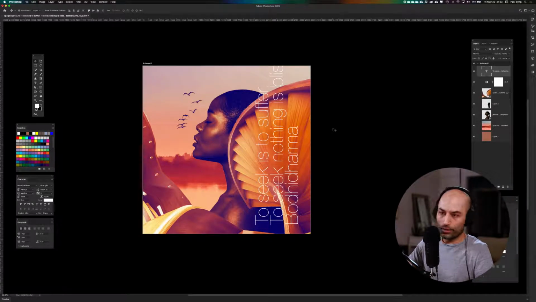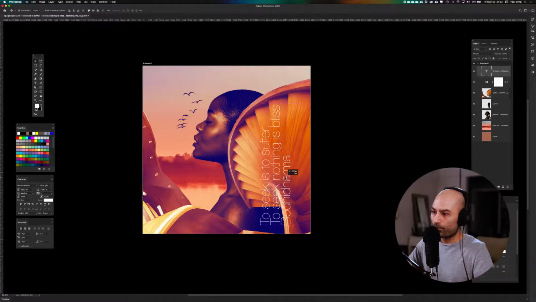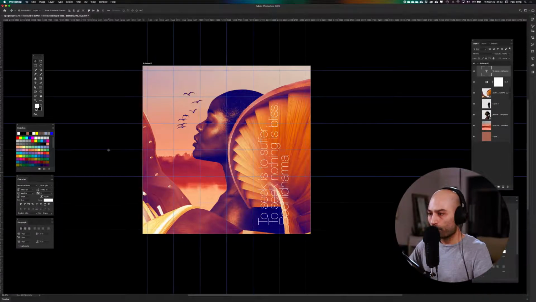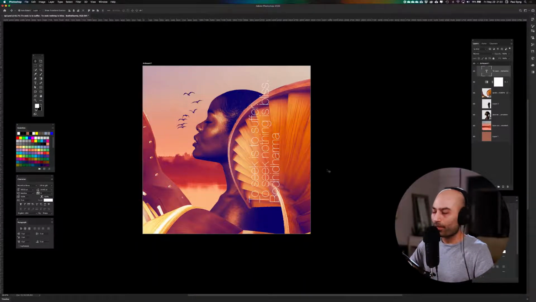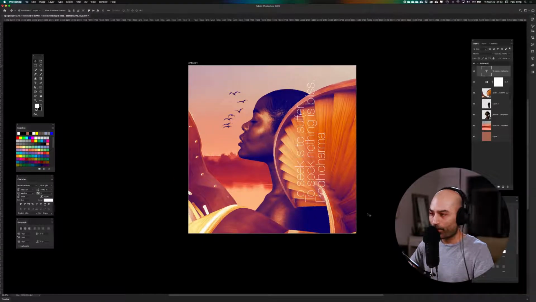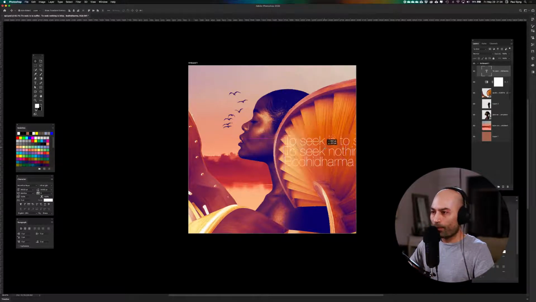And that is too big. Let's shrink that down a little bit, just a tad. Okay. And let's just double check how this is all lined up. Actually, wait a second. Now that I've made all these decisions, I realize, how is the eye looking at this graphic? You kind of go right into this way. So maybe the text needs to start here and then work its way down from here. So maybe I need to select this again, rotate, and